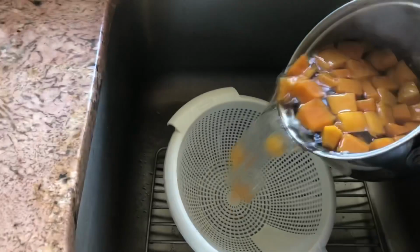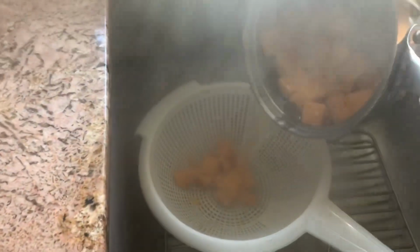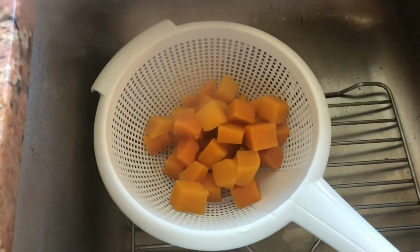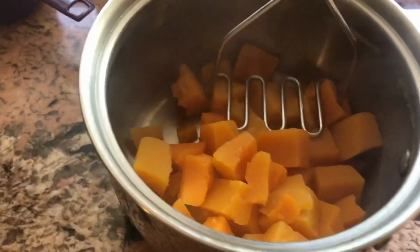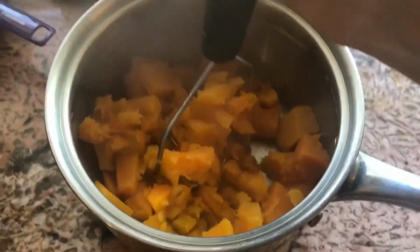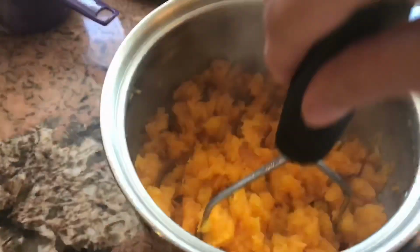So the butternut squash is all done. I'm gonna drain out the water, and then you can just see there's so much steam. It's almost a blur for a little bit, but then you'll see clearly how beautiful the squash looks. And then I'm gonna use my masher first just to get it smushed together. And then from there, I will be using my blender,